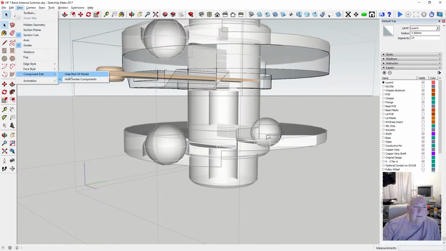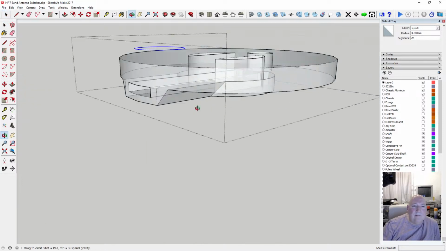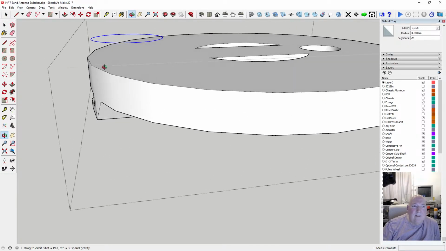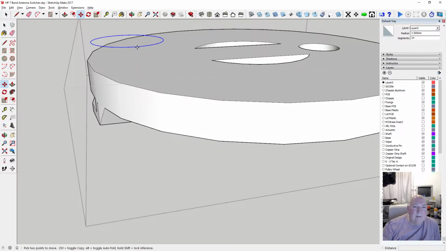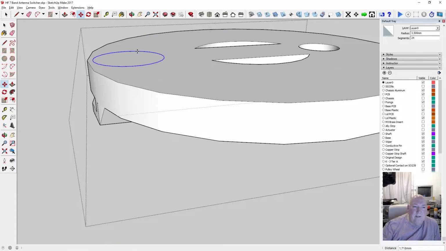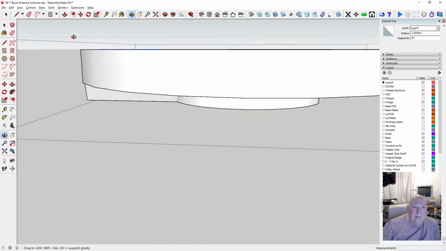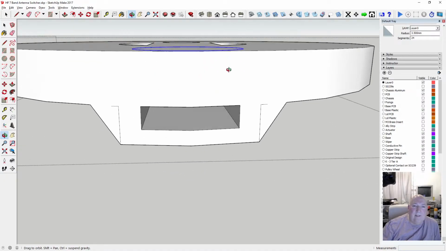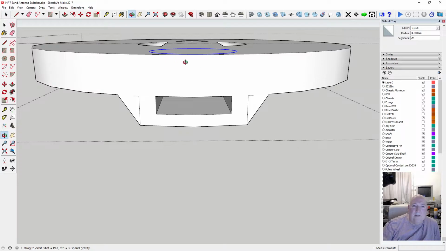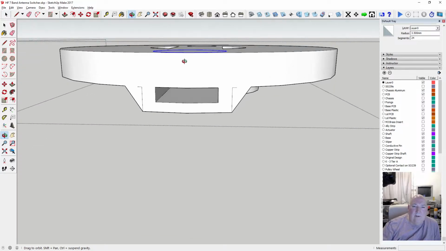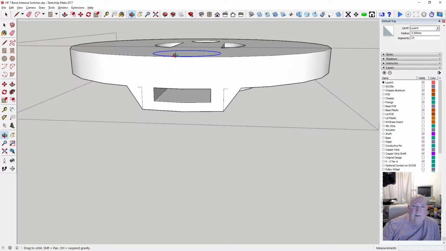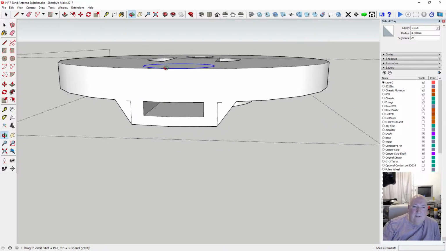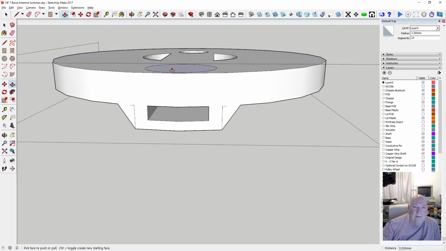Hide the rest of the model. We don't need X-ray for this, I don't think. Put it down onto the surface. Make sure we're only going, that's it, it's already on. Right, and now we need to push that through the whole thing. No, it's wider than the... actually it doesn't need to push through the whole thing, it just needs clearance for the wheel, but it's better if I push it straight the way through. Can I do that? Let's see what happens.